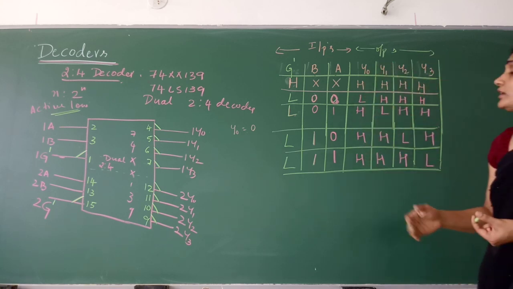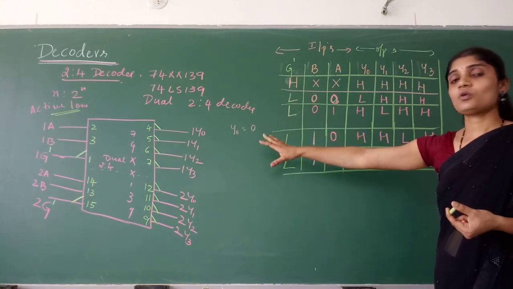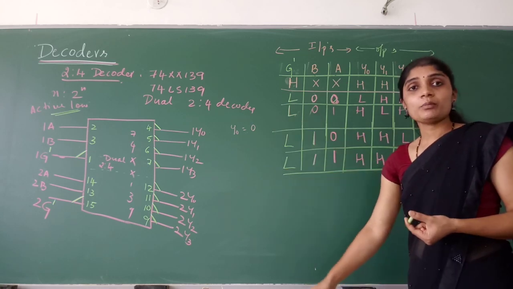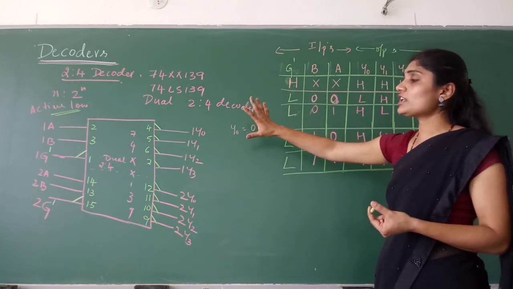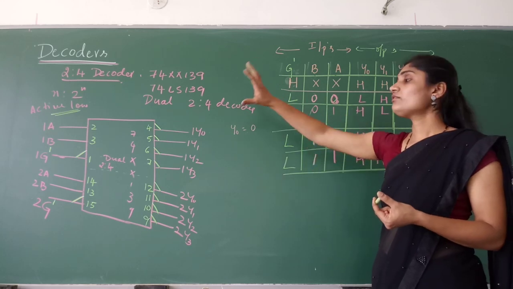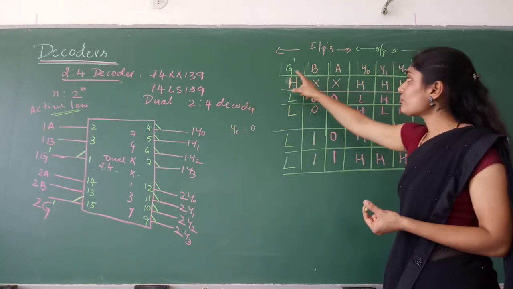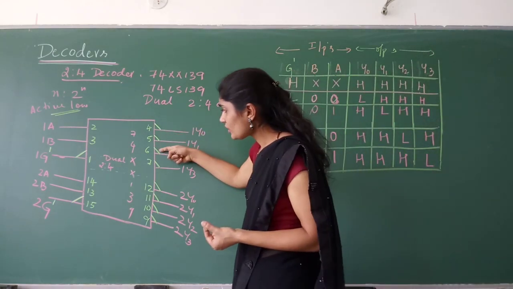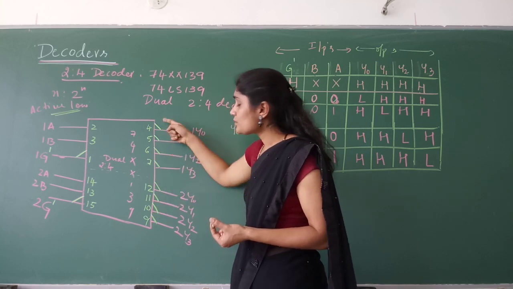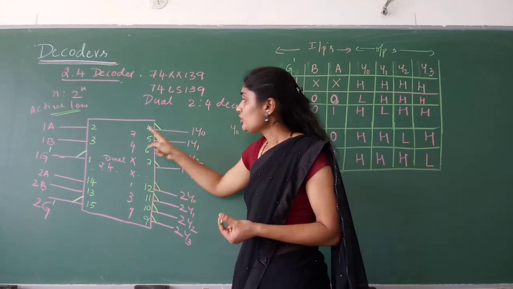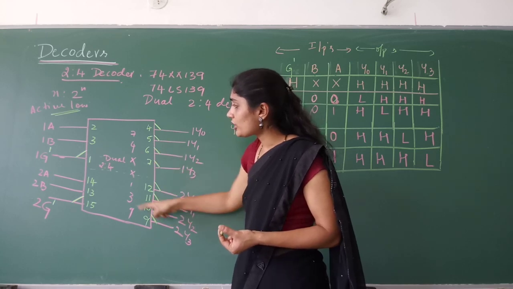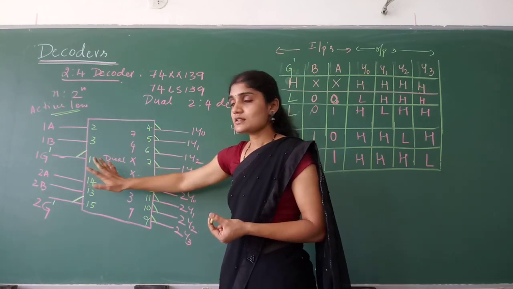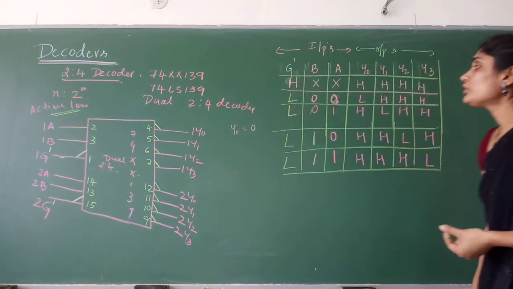In the IC 74LS139, it is only active low output lines and active low enable inputs. So you are not supposed to change this. You cannot make it active high. We are studying a standard decoder IC, so you should understand how the IC is designed. You have to keep G dash active low, and the outputs are active low. And this is how you denote it. If you don't write this, it means they are active high, which is completely wrong. You have to write this. So these are very, very important, and this has to be written only for G dash. The remaining are as they are, right? So this is the truth table of the 2:4 decoder.